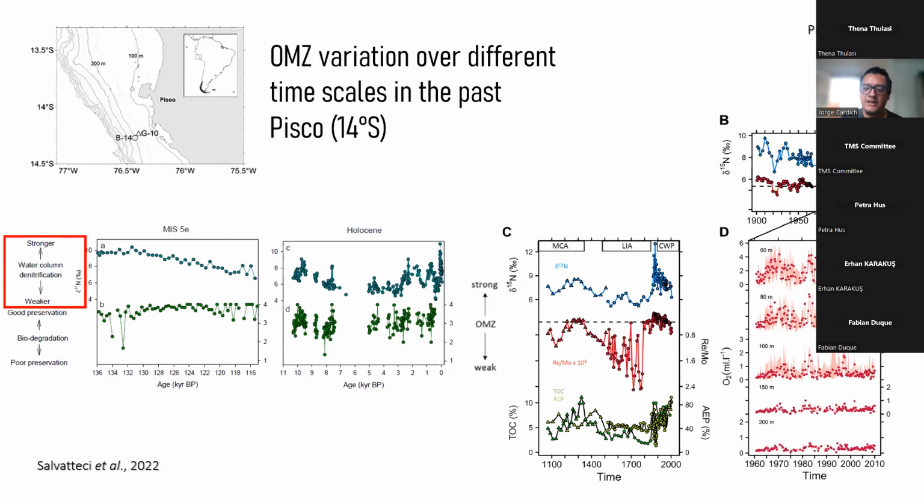Why are the paleo studies important? Because we obviously don't have measurements of several parameters in the past, because we didn't have the instruments. In Peru, the instrumental data only begins in 1960. We only have measurements of oxygen in our waters since this year, thanks to IMARPE and several international cruises. So in this last panel, we have many time series of oxygen in several